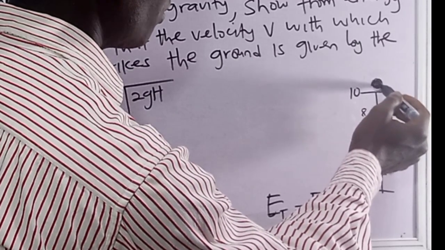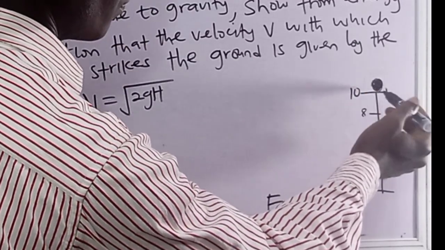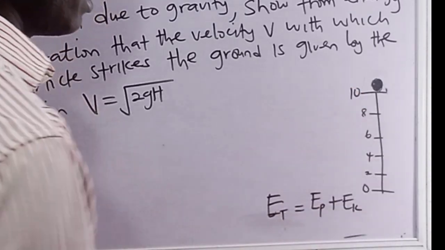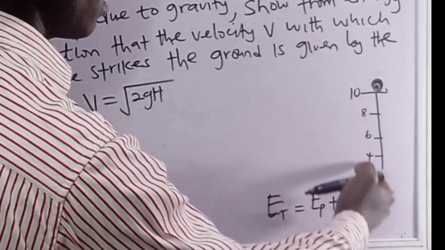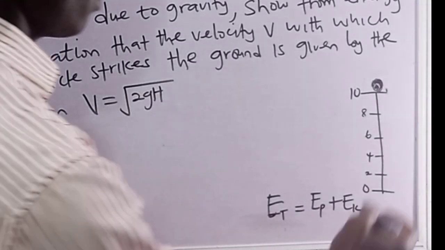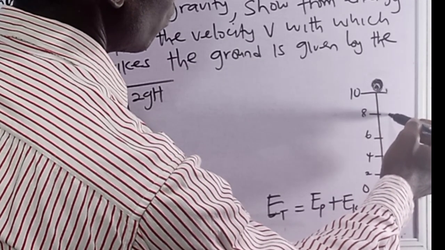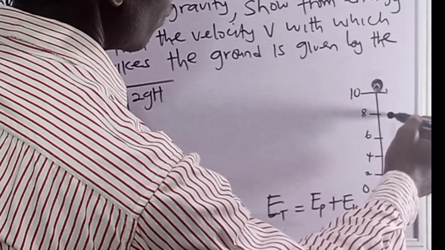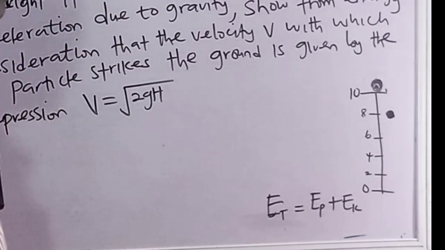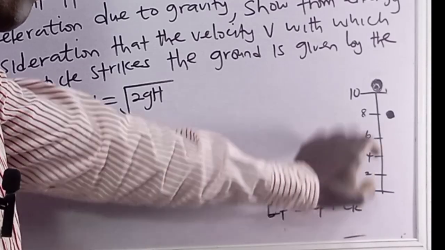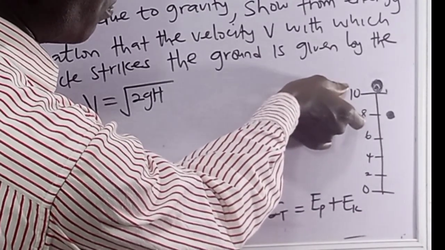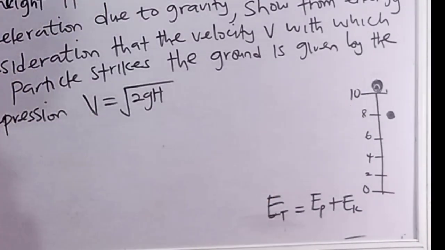Let's look at this object. The potential energy of this object here is 10 joules. If the object drops to this point, the potential energy has been reduced to 8 joules. The loss in potential energy, which is 2 joules, is the same as the gain in the kinetic energy, so that